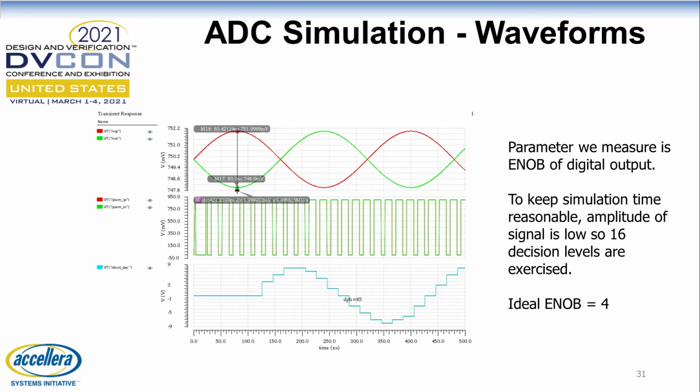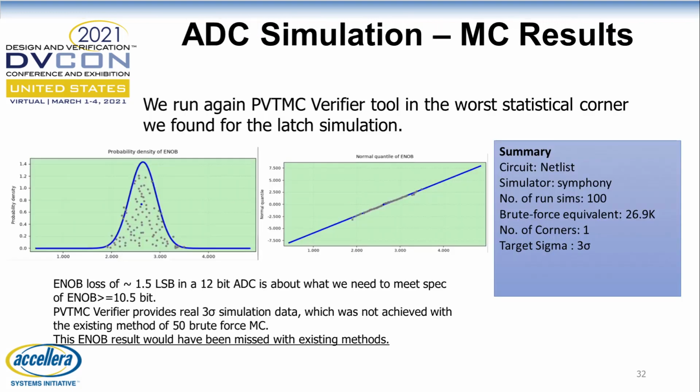In order to keep the simulation time reasonably short, we limit ourselves to a low amplitude sine wave input signal. This will be good enough for analyzing the effect of the comparator latch offset, but of course it does not account for large signal effects that come from the PWM modulator, which in our simulation is represented by a Verilog-A model. The ADC Monte Carlo result for the worst-case statistical corner obtained from the latch simulation